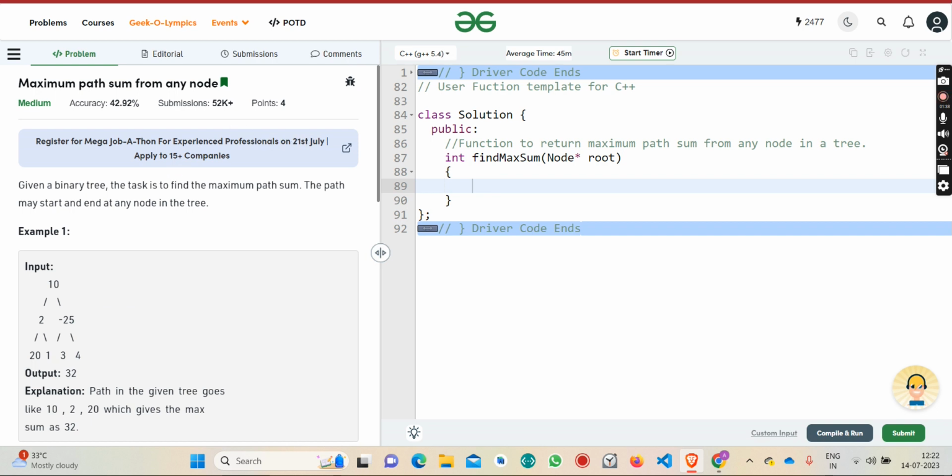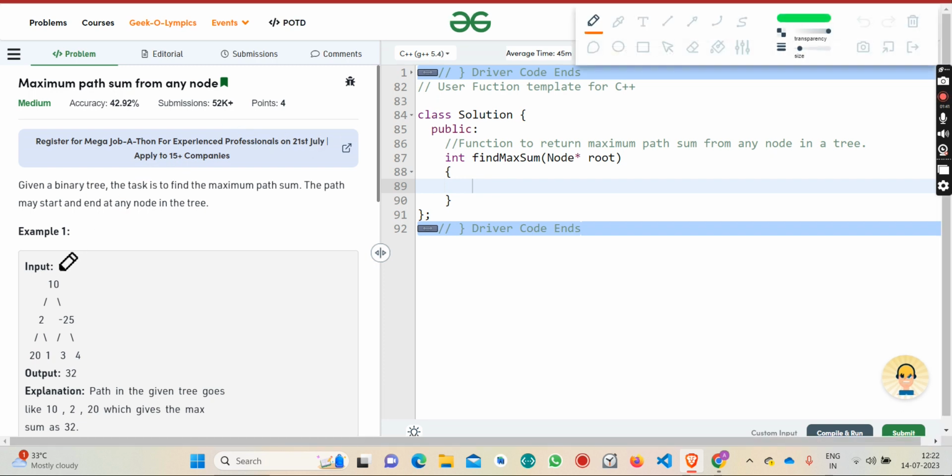So obviously, one brute force is that whenever I am at a node, suppose I have the maximum path sum in the left, and I have the maximum path sum in the right. So there can be two cases. Suppose I have these two quantities, left and right. Now suppose if this is a positive number, obviously what would be the answer for this node? L plus